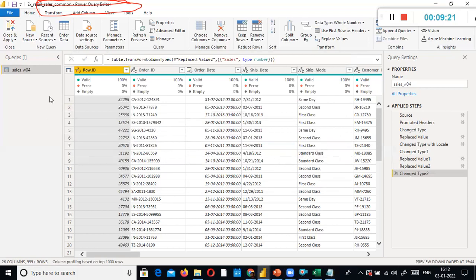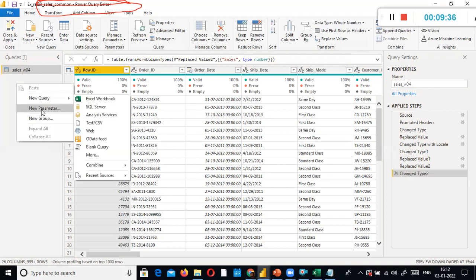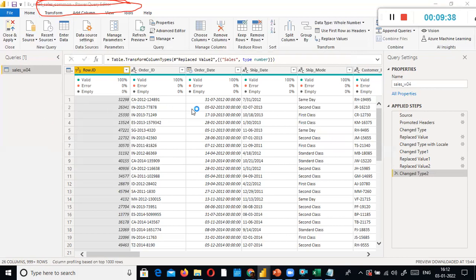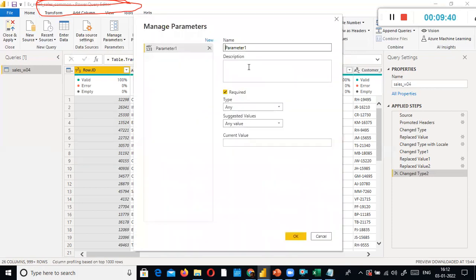Next step is, okay, I imported the data. Now I need to do some kind of data transformation. I already did it. Now I don't want to do any more data transformation. Now all we need to do is explore how to create the query parameter. So new parameter. I'm going to click new parameter. So I leave it as it is. I'm not going to change it. So the data type is going to be text, and I'm going to say the country. I'm going to map this parameter with the country column.